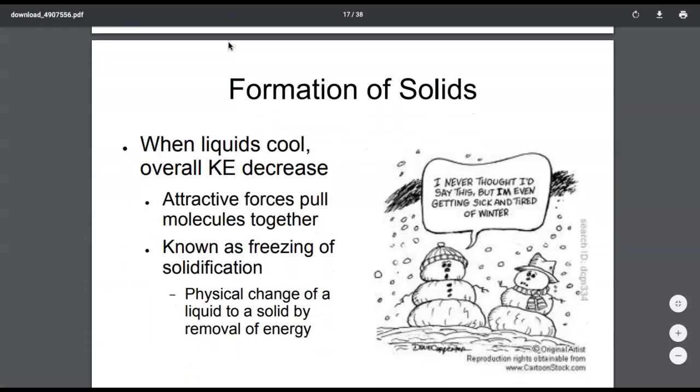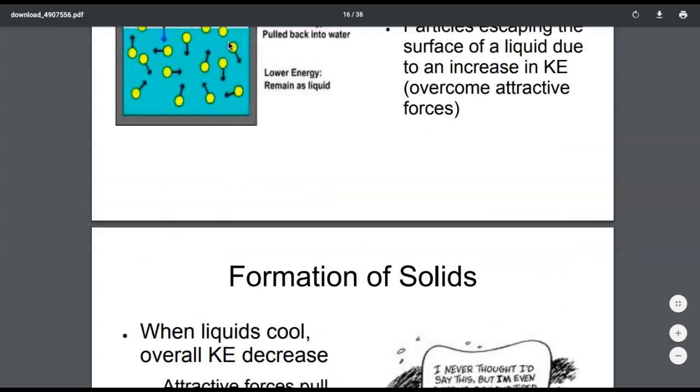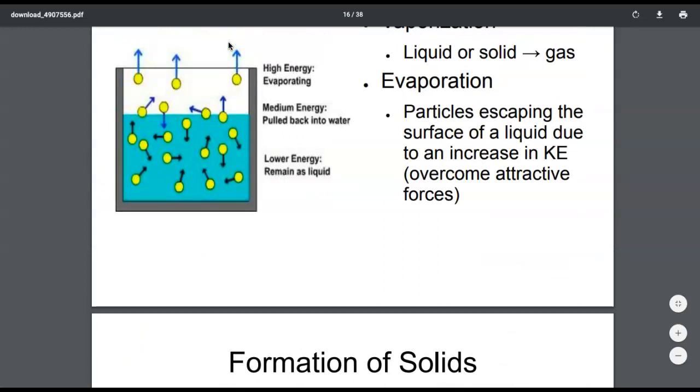We also have going from a liquid to a solid, so the formation of solids. So back to kinetic energy. Remember, kinetic molecular theory, one thing we need to keep in mind is the kinetic energy. And that equation was kinetic energy equals 1/2 mass times velocity squared. So we saw here with evaporation that as kinetic energy increases,